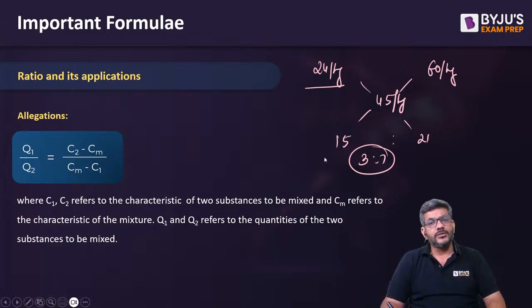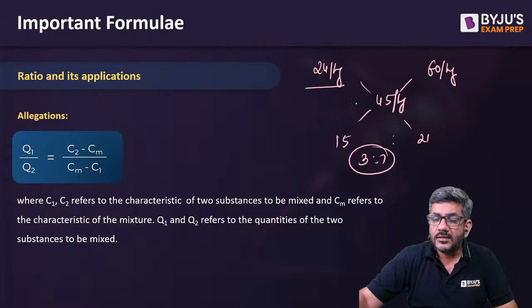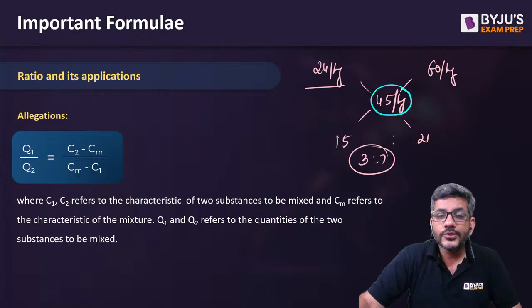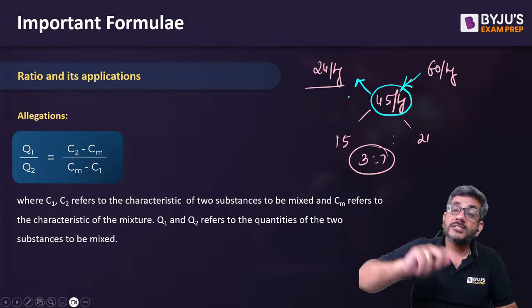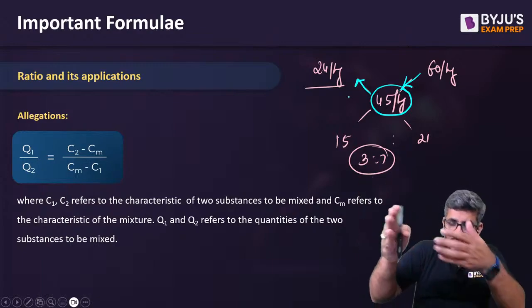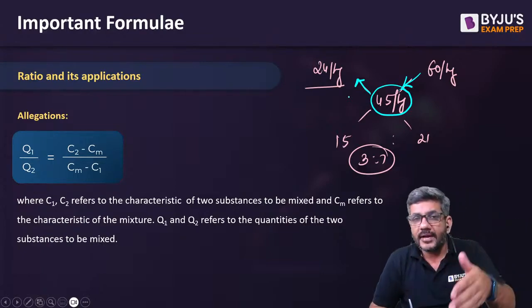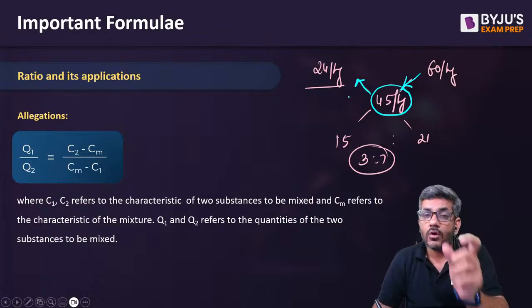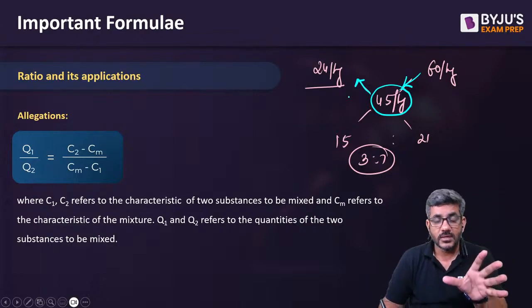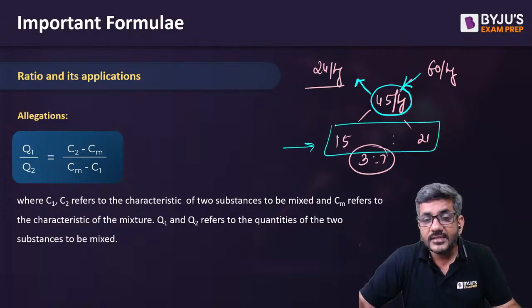लेकिन एक इंपॉर्टेंट बात यहां पे जरूर है, that the common mistake that many of the people might make here, you might not be checking this number should always be lesser than one of them, greater than the other. So therefore it will always subtract one, and it will be subtracted from one. From one number it will be subtracted, and the other number it will be subtracting. So that's how you'll be getting it. Ratios and its allegation के case में, this is a very important point. The middle number is always in the middle of the two numbers. एक से बड़ा होता है, एक से छोटा होता है, and this final ratio that you get here, it is the ratio of the weightages.